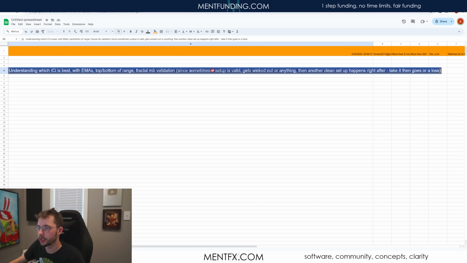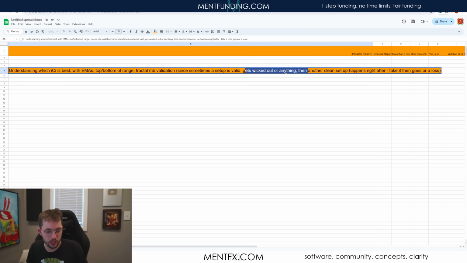This idea of a setup getting invalidated and then ending up running, again, it just comes down to data. When that happens and you take an entry, are you taking more wins that way? Or is every subsequent 2 entries in an area leading to overall losses? I'm assuming that overall you probably make more money just by taking the next one. But I wouldn't get attached to it, right? It doesn't really matter.